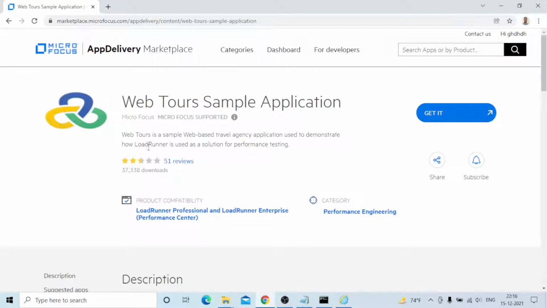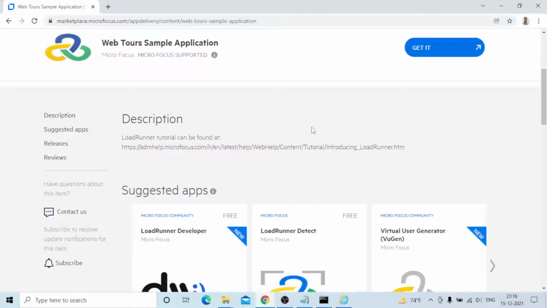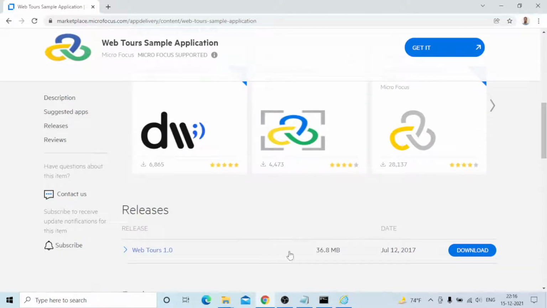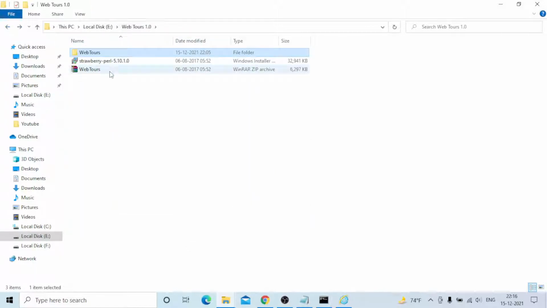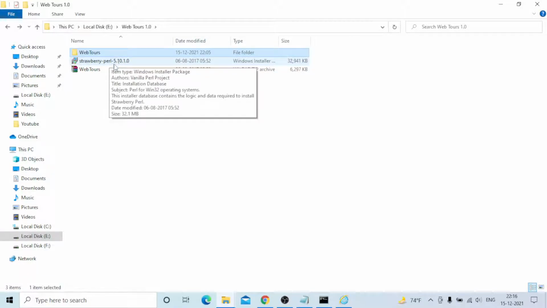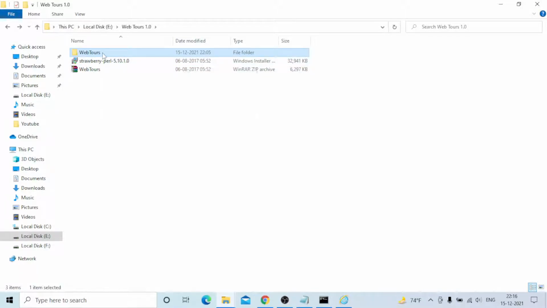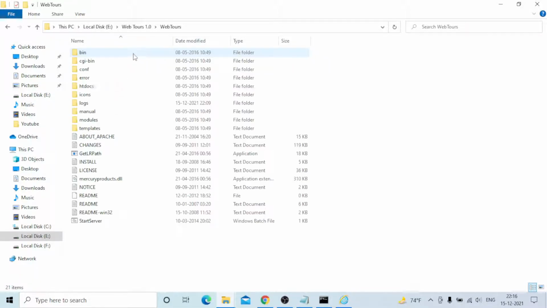Click on the page, scroll down, and download it. After that, go to the downloaded files and extract them, and two files will appear. First, install Strawberry Perl, and then go to the Web Tours folder. Start the server and check the port numbers.